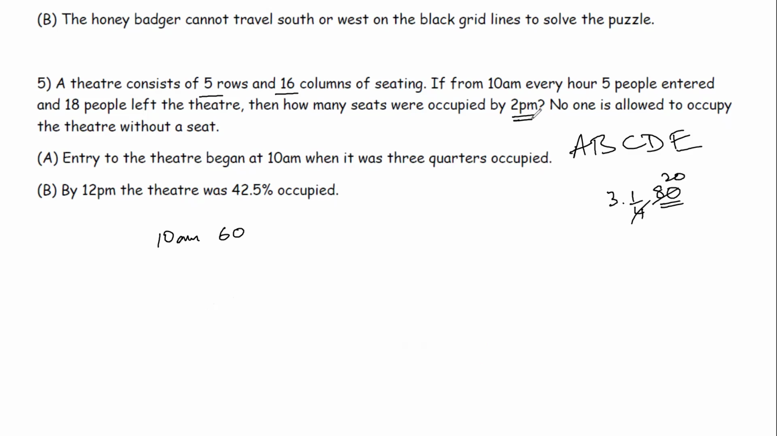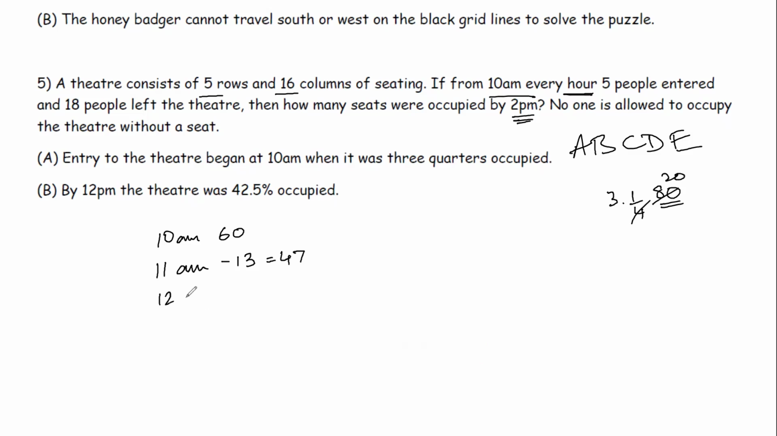So then we can find out by 2 p.m. what happened, because every hour from 10 a.m., 5 people entered and 18 people left. So there is a reduction of 13 every hour. 18 people left, right? So after subtracting 13, you have